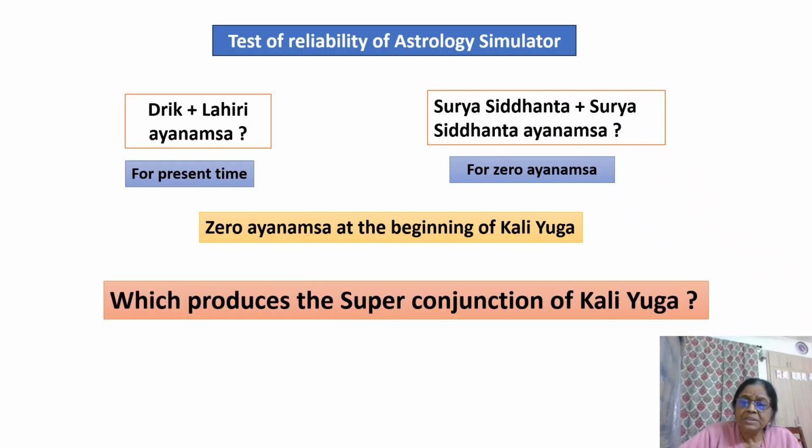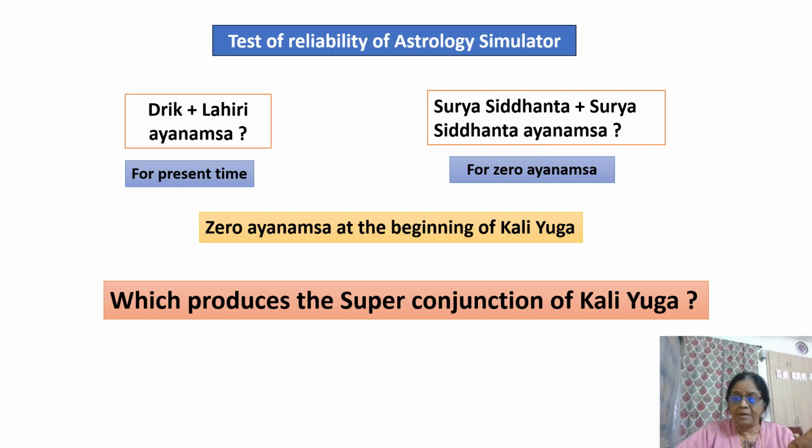So at the beginning of Kali Yuga, there was a super conjunction according to Aryabhatta, and generally that is believed by all the astrologers also. So super conjunction means the conjunction of all planets. Actually, all planets cannot conjunct because one of the nodes will be outside that. So it is told that all planets except Rahu had congregated at the beginning of 0 degree Aries or Ashwini at the time of Kali Yuga, at the time of Krishna leaving the earth.